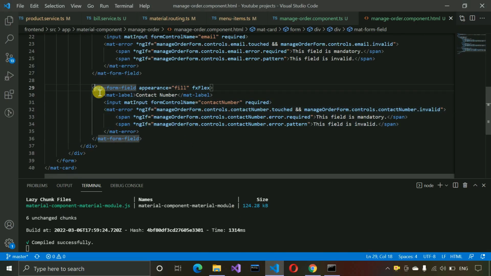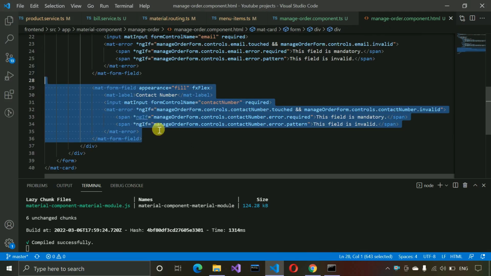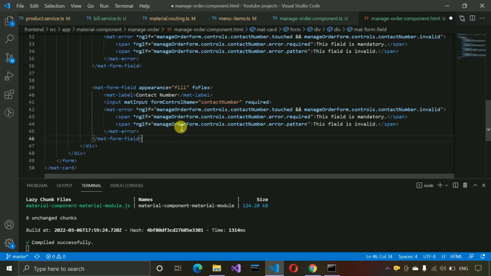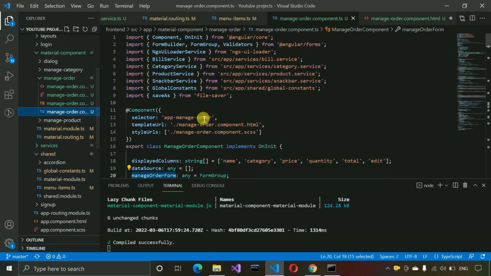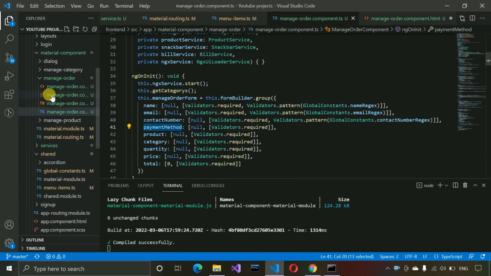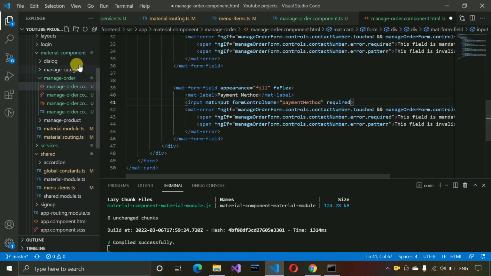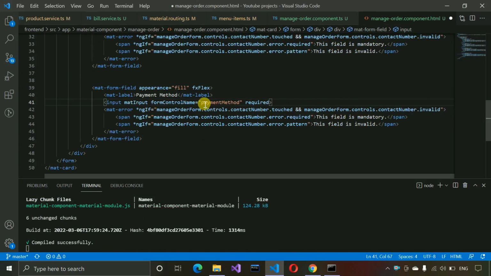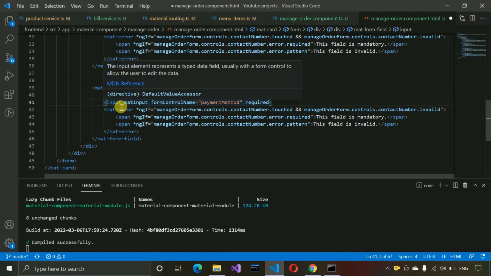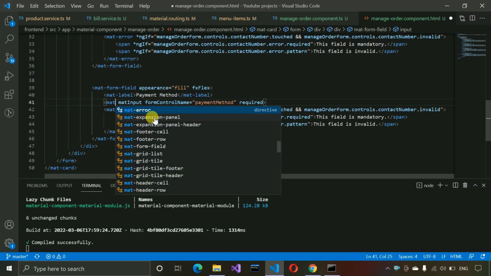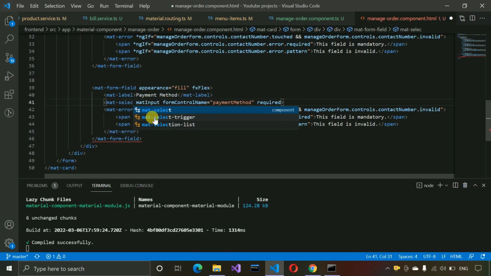So this error handling will be the same, so let me copy this one, let me paste it over here, and here we need to change this to payment method, and the control name, form control name will also change. So the control name you can copy paste from here, and here we need to paste the form control name. And after that it should be mat select, right? It should not be an input field. So mat select we need to write like this,